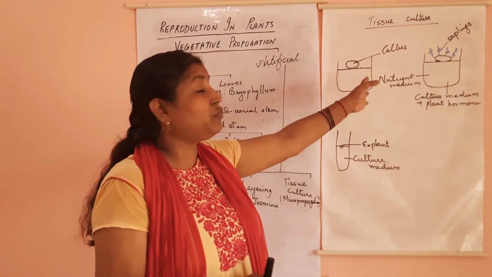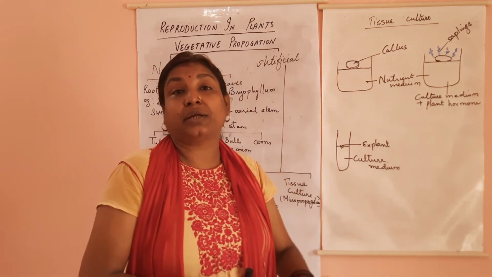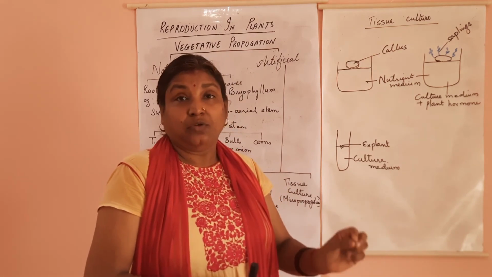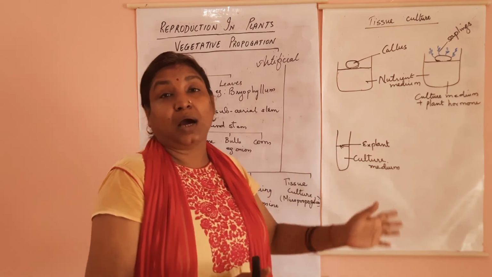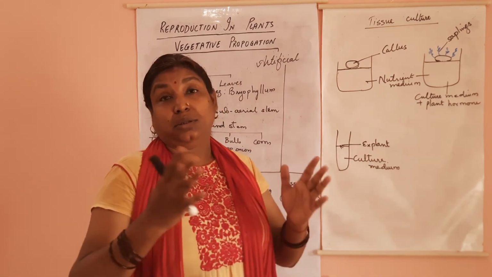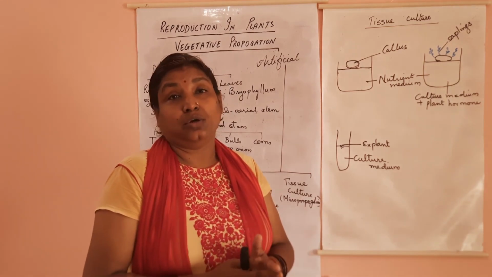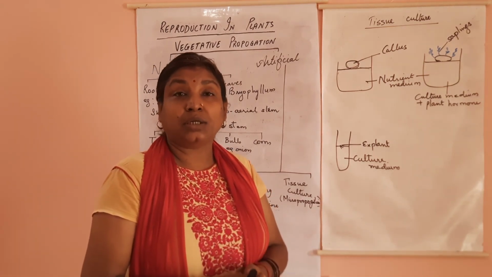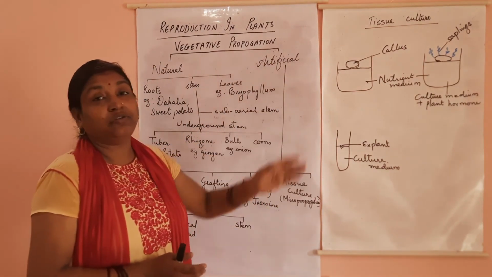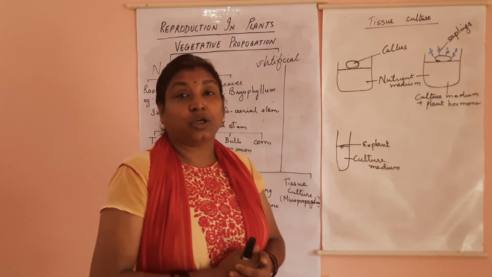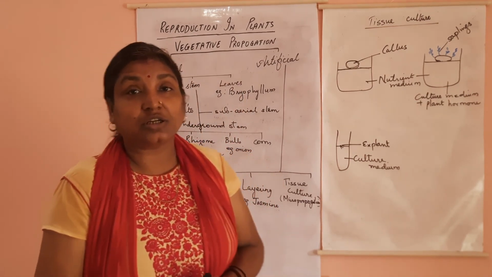Now these are grown from small tissues. So we have selected the variety, we have selected the traits, we have selected the characters. So these plants give you high yield, they are disease resistant as well as fast growing. So these are your big advantages also, and for this reason people prefer artificial vegetative propagation on a large scale. So that's all about the vegetative propagation.